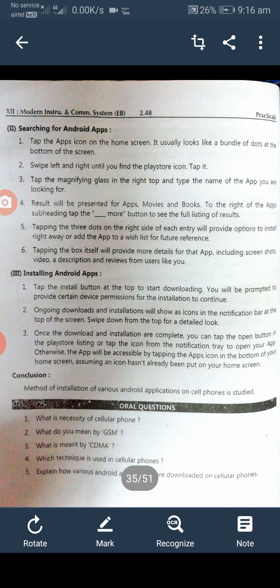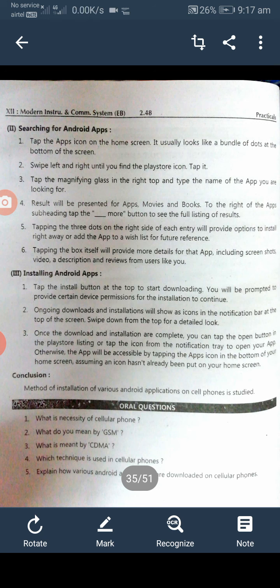There is an assignment for you. Write in your copy and show me in the next period. What is the necessity of a cellular phone? What do you mean by GSM?